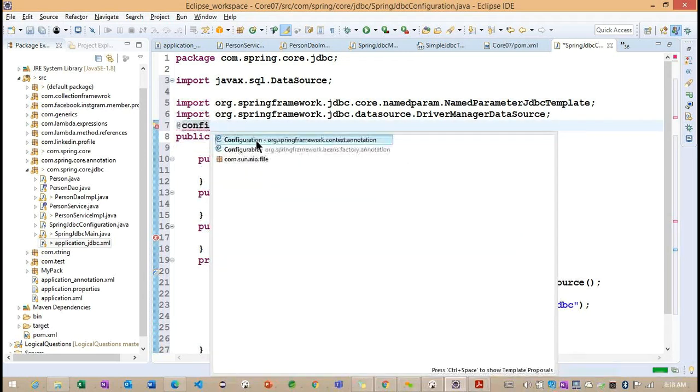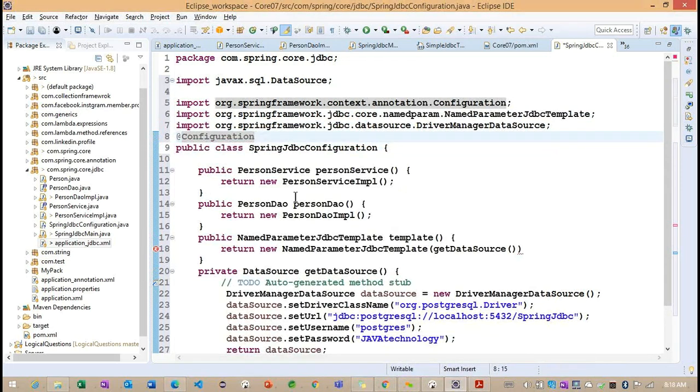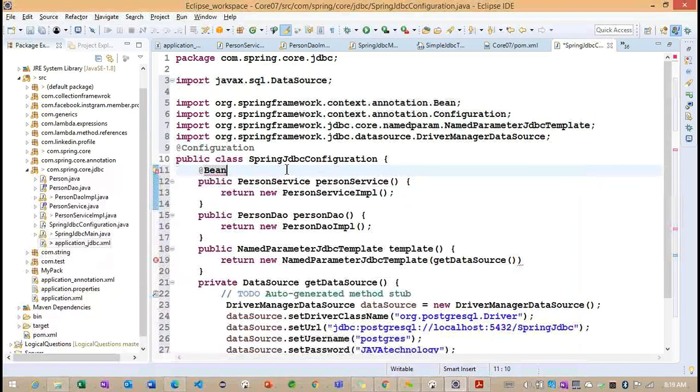Now, on top of this particular class, we can provide the Configuration annotation. Why do we need to provide it here? Whenever we provide the Configuration annotation, the container will understand that these are the classes related to our main classes. Another one we can provide is the Bean annotation.